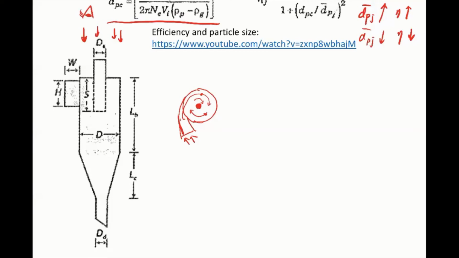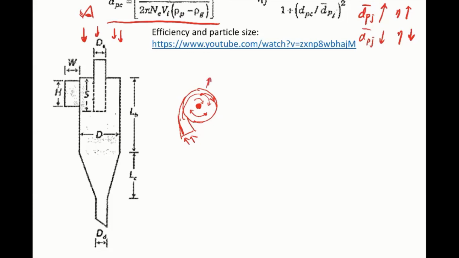Basically, after the particles are introduced in the cyclone, there are no more surfaces or mechanism to provide this force, right? But one thing we know for sure is that the particles are going to move across the flow. Let's say the particle wants to deposit here, then it has to go across the airflow, move like this, okay? So basically there's going to be a relative velocity between the particle and the air in